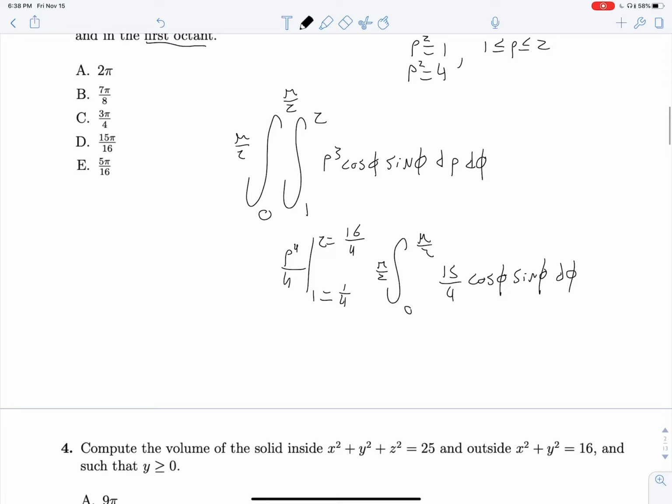Now we can do that same substitution, double angle identity that we did earlier, and equate this to 15 over 8 sine of 2 phi d phi, not d rho, integral from 0 to pi over 2 times pi over 2. Let's bring our 15 over 8 out for now. So we have 15 pi over 16, and do our antiderivative